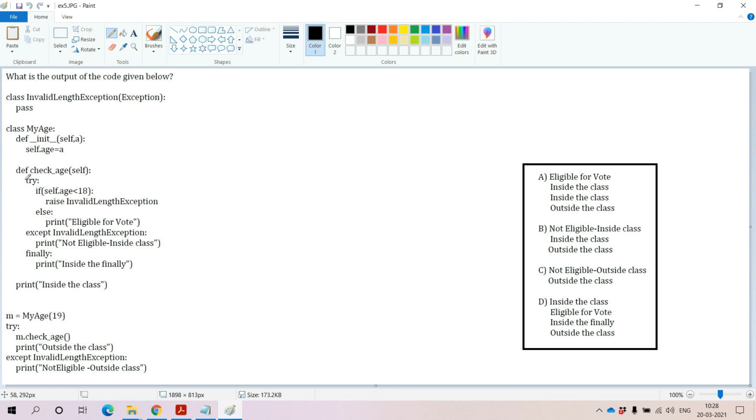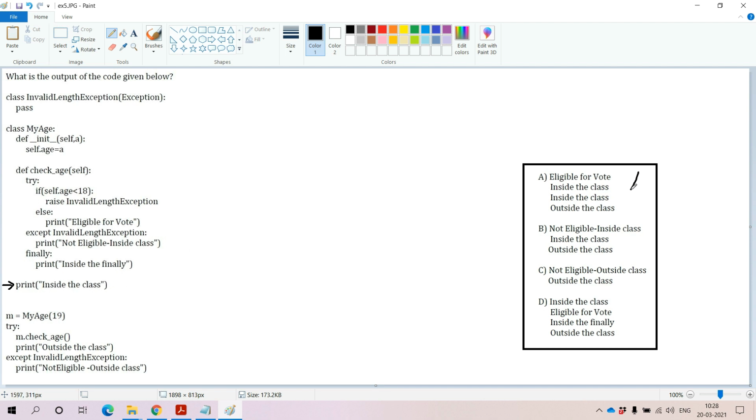All of you please observe the indentation of this class. Due to that reason, at the time of interpreting this entire program line by line with the help of the Python interpreter, the first and foremost message that we are going to print is this print message. It is in the class level context, so it will be printed directly. This is the first message. We need to check, out of all the four options, in which option we have the inside the class message.